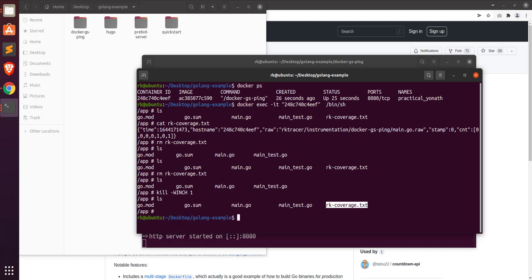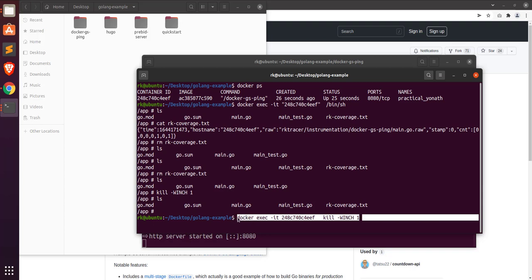So how do we pull the code coverage from this? There are two ways. The first method would be to use this kill switch and pull the code coverage. So this is the container ID. Then what we can do is either go into the application and do it, or we can just execute this command. Basically we're going to send a signal here and save the code coverage. So once this is done,